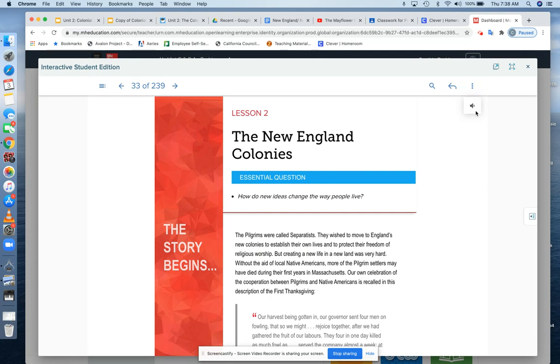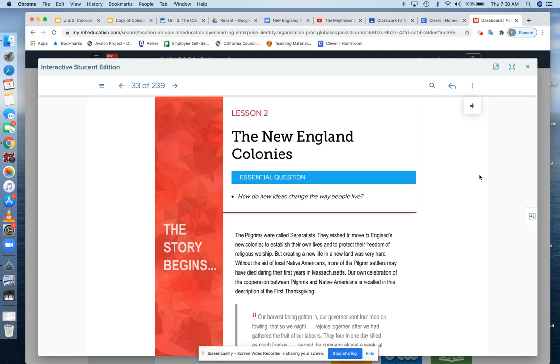And there is a volume button here. It says read the entire page. So if you wanted this to be read aloud to you, you could. You always have that option. It does sound a little bit robotic, so I'm going to go ahead and do the reading for this time around, and then this way you guys will start to get used to the different features from your interactive textbook.